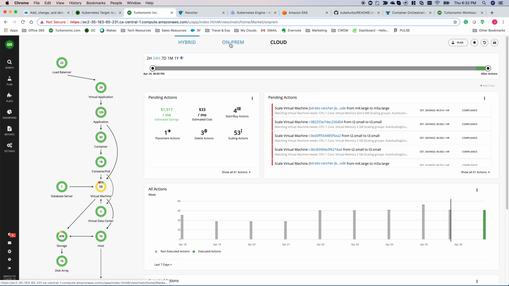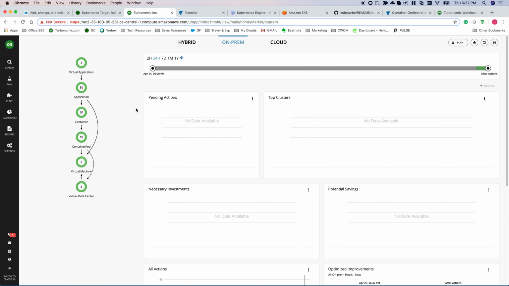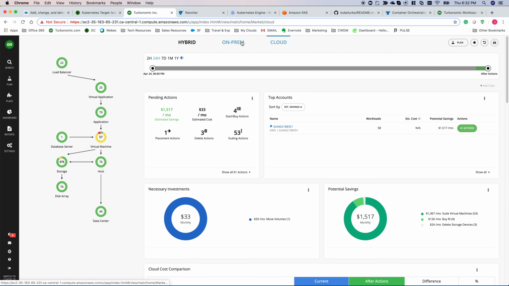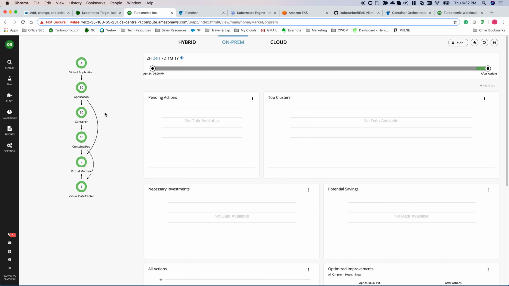So it's going to be under the on-premises, and the reason is it's not under the cloud is because currently we are working on our GKE support and GCP support, so we can have the same view as you can see here for both Azure and AWS. But right now we treat it as if it's on-prem or bare metal based, which from our perspective,